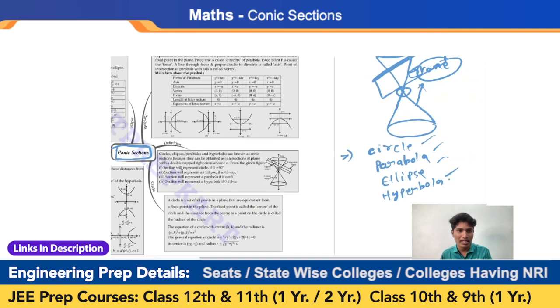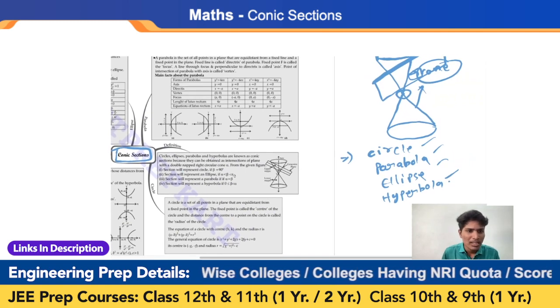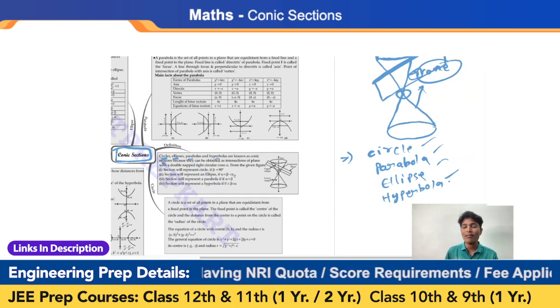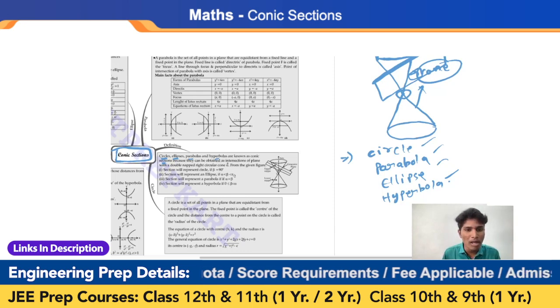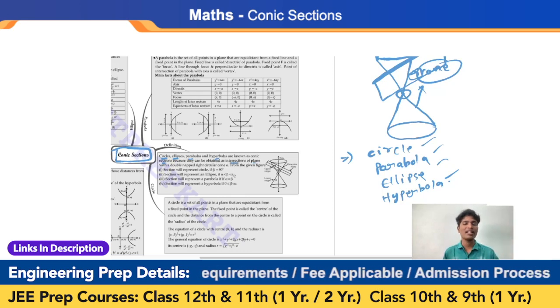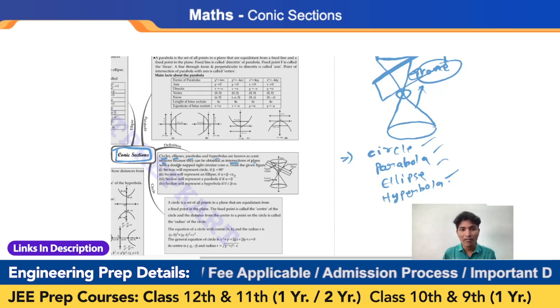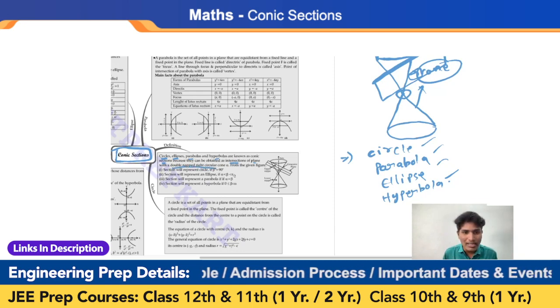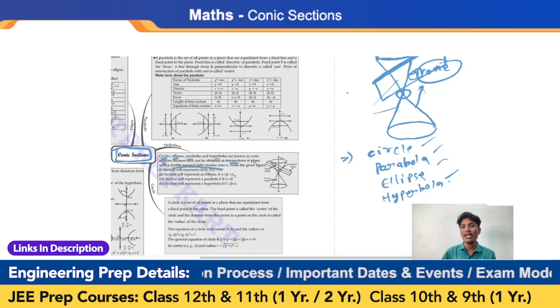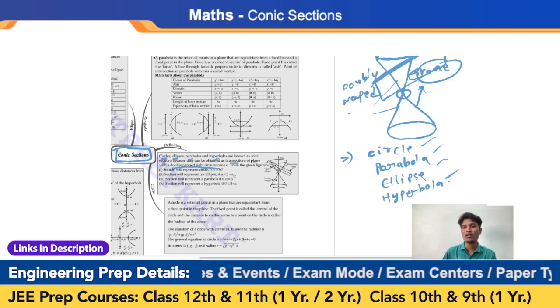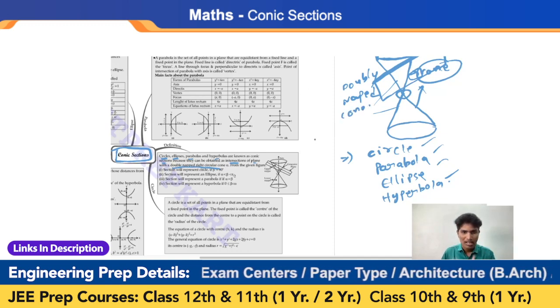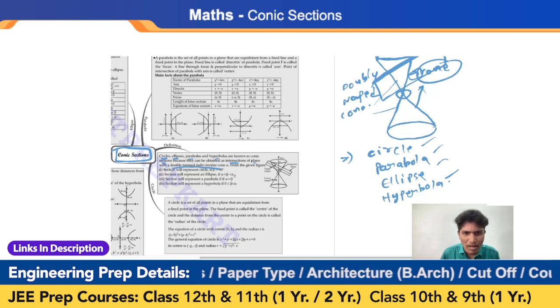If you observe here, it is mentioned in the TestprepKart mind map that the circle, ellipse, parabola, hyperbola are known as conic sections. Why? Because they can be obtained as an intersection of a plane with a doubly napped right circular cone. This cone is called a doubly napped cone. Why? Because there are 2 cones, napped doubly at the vertices. And if you observe this figure,